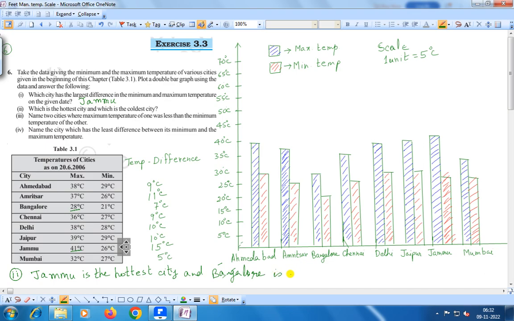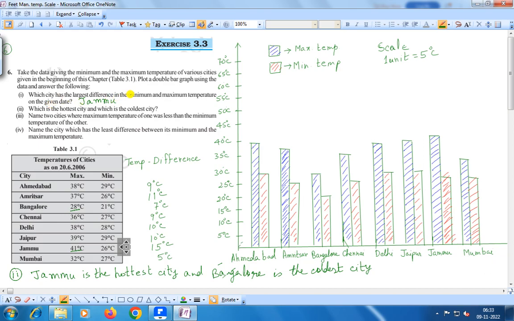Right? Now question number 3, what is the name of two cities where the maximum temperature of one was